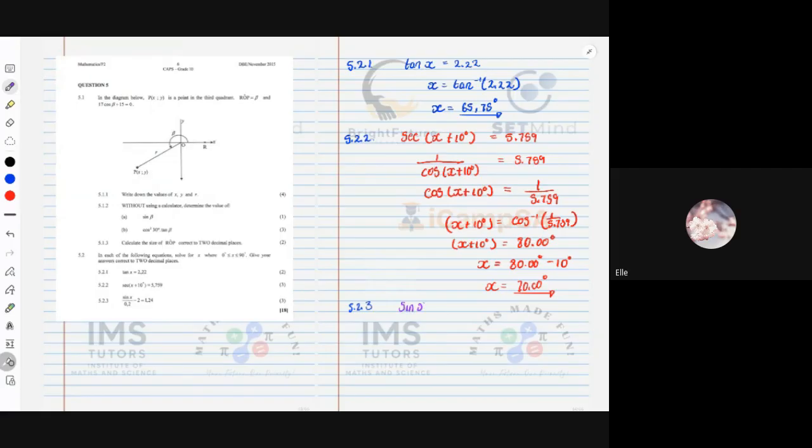Sine x over 0.2 minus 2 is equal to 1.24. We transpose the 2 to the other side. I'm going to say sine x over 0.2 is equal to 1.24 plus 2, and then we multiply by this 0.2. It's going to be sine x is equal to 3.24 times 0.2,